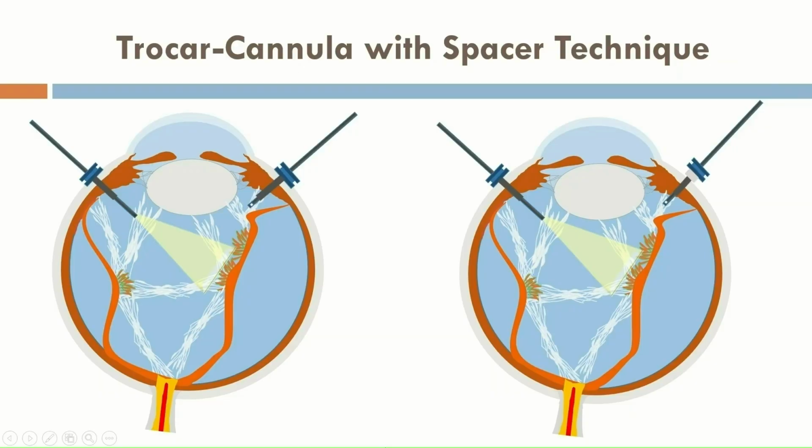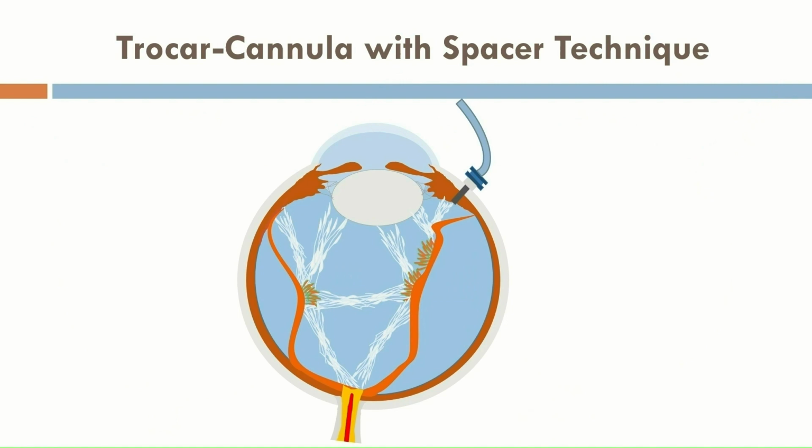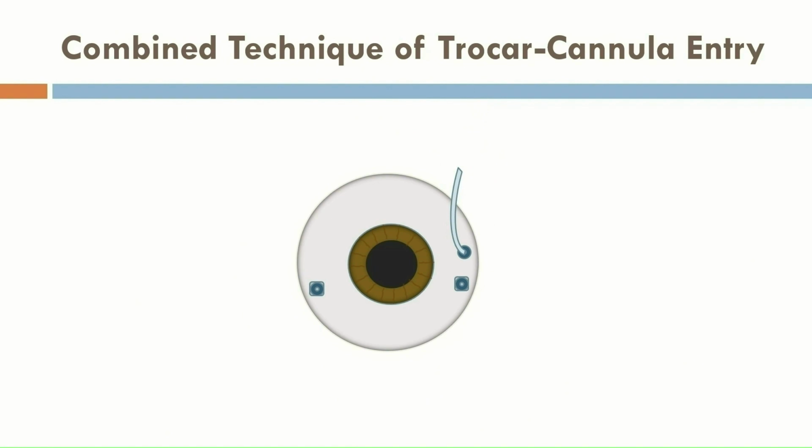However, the surgeon needs to be careful while taking out the instruments during surgery, as the cannulas with spacer can come out easily. Also, in this technique, there is a risk of slippage of the infusion to the suprachoroidal space. Hence, I personally use a combination of these two techniques. I use the stop and slide technique for the cannula meant for the infusion line, and the spacer technique for the